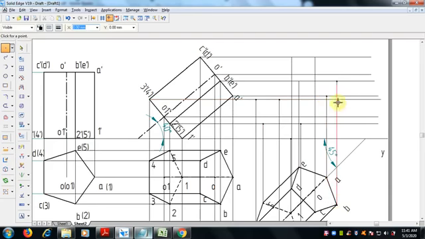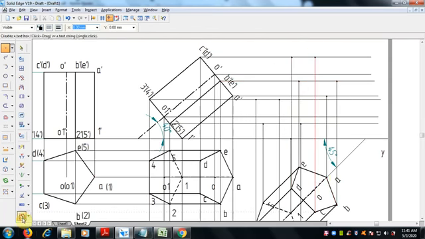A, B, this is B. C will meet here, and D here. E will meet here, right? So don't make any mistakes while naming or joining these lines. Once again we'll check it, A, B, C, D and E.